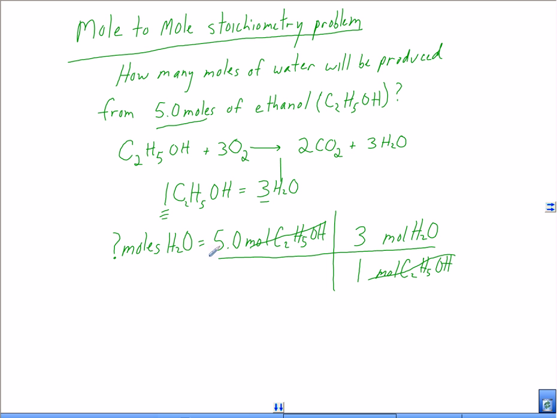So I know I'm done with my conversions, and all this really is just a matter of multiplying my numerators here. So 5.0 times 3, that's going to give me 15 moles of H2O. And that makes sense. Think about it. For every 1 mole of ethanol, you get 3 moles. So you get 3 times the moles of water for every 1 mole of ethanol burned. And of course, if you have 5 moles, 3 times that gives you your 15 moles. And that's how you do your standard mole-to-mole